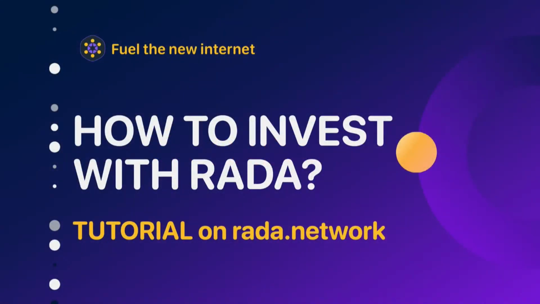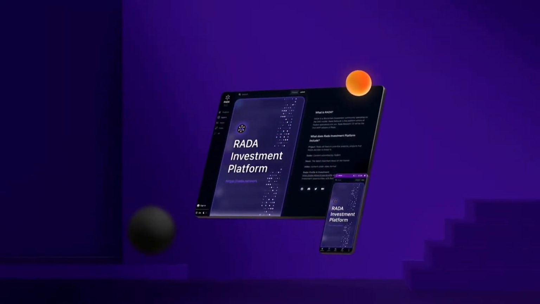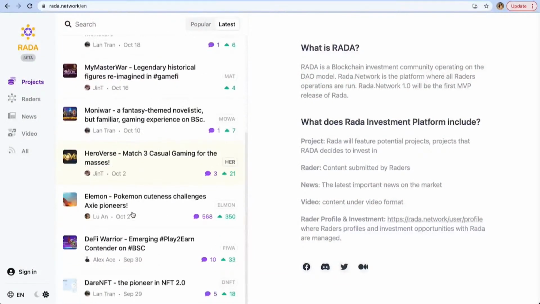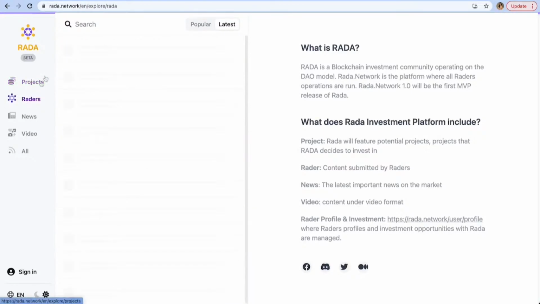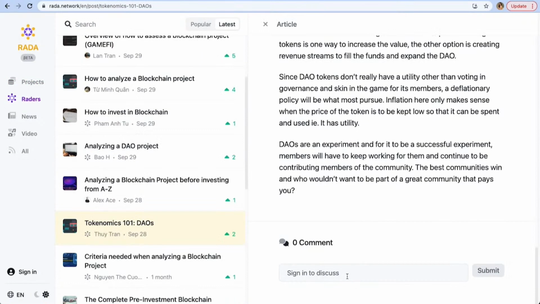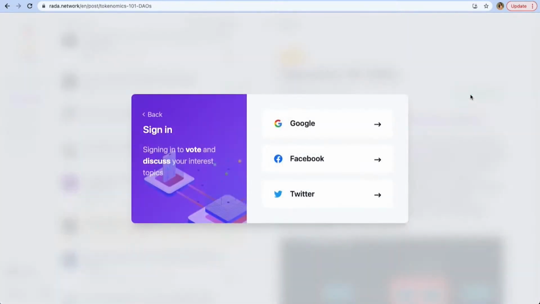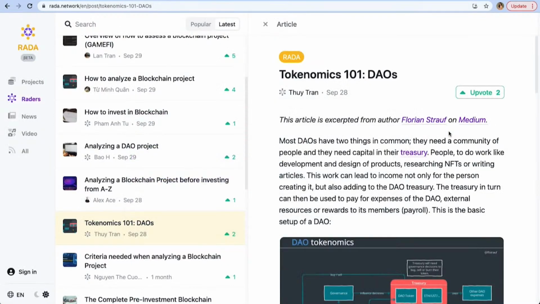Hi there. This video will explain in detail the latest feature on RADA.network: Invest. What does it mean and how can you participate? Please notice that if you want to do any kind of interaction on the website, not only to invest, but also to do other actions such as commenting or upvoting, the system will require you to log in